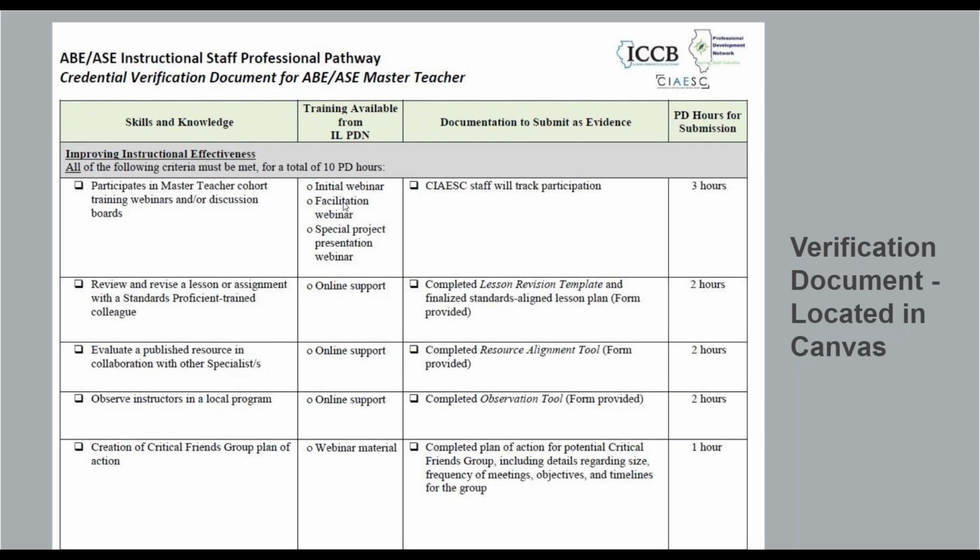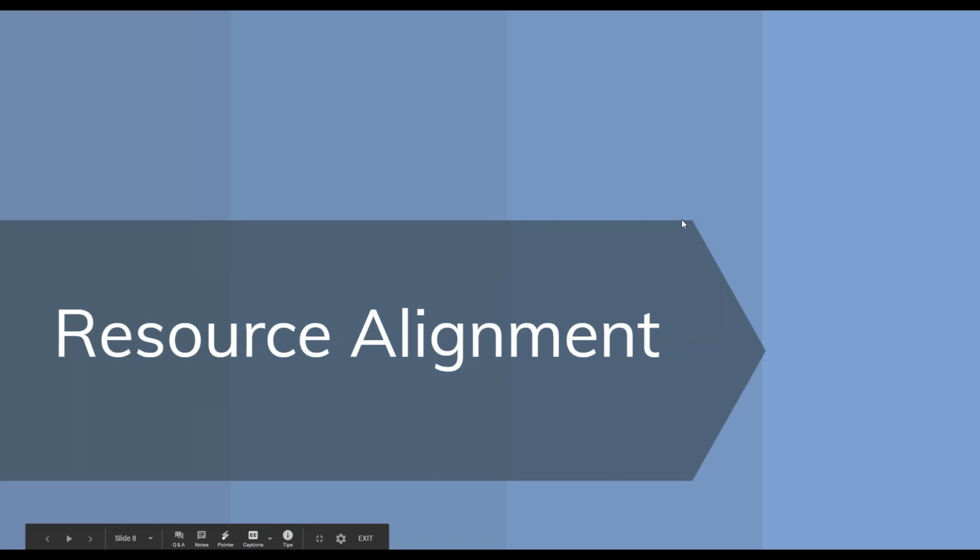And again, if you're not a list follower, if you don't need a checklist, if you're fine, just tell me what to do and I'll do it, and you're comfortable with that, great. But this is a document that's available for you if it's useful. And again, it's just a tool. Think of it as like a scaffold, like a graphic organizer. If you don't need it, don't use it. But if it's helpful, print it off and take a peek at it. And of course, if there's anything about it that you're not sure what you want to use it for, or what's on it, what does it mean, just send us an email or give us a call. Amber and I are always happy to help you guys.